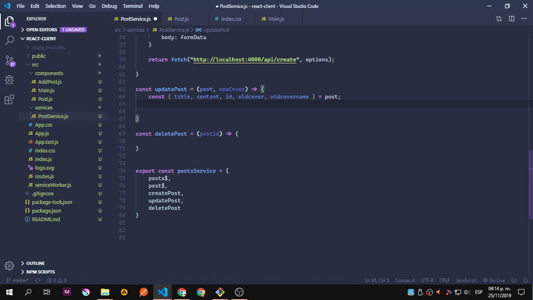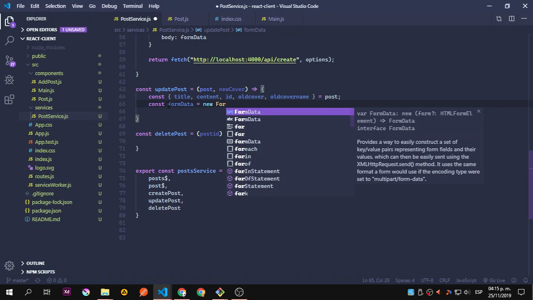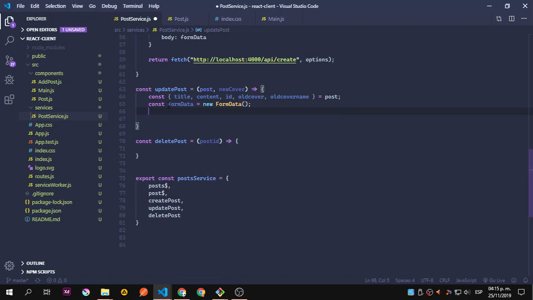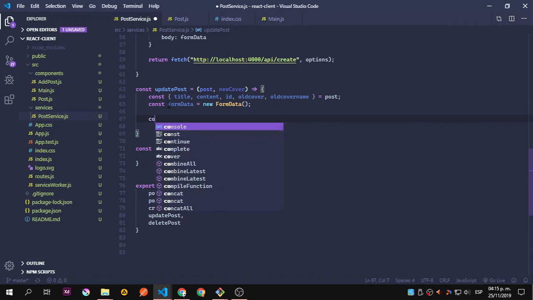We need to get a handle of the name and of the image, I mean, and the name. So what we're going to do now is to create again form data, because that is what we are sending. So again, new form data, and also I have to,